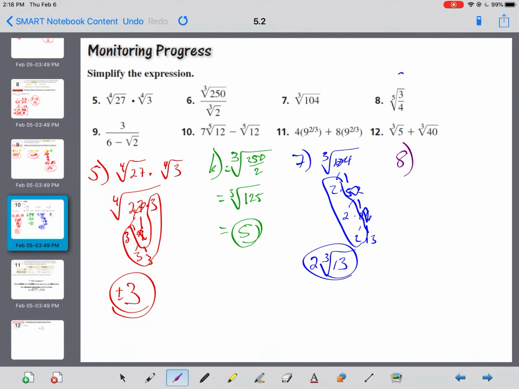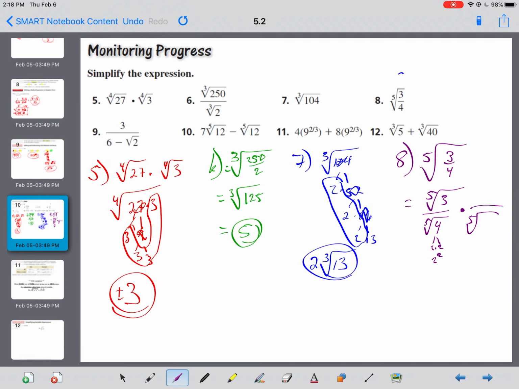All right, let's try number 8. We're doing the fifth root of 3/4. You can't have a fraction inside there, so we're going to separate it. Fifth root of 3 over the fifth root of 4. Now, there's not a fraction inside, but there's a radical on the bottom of a fraction, which is also a no-no. So we're going to multiply it by the fifth root of, well, I could write this as 2 times